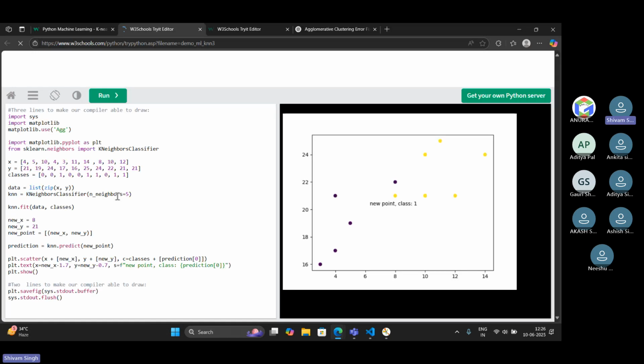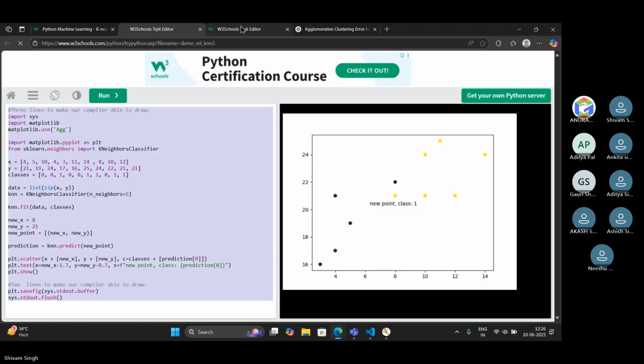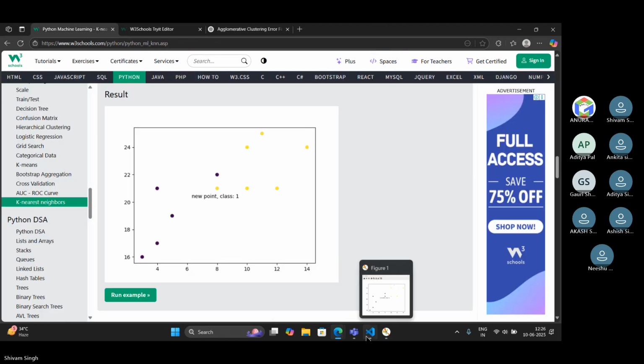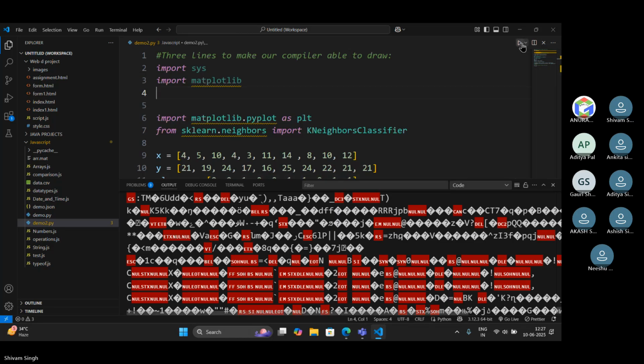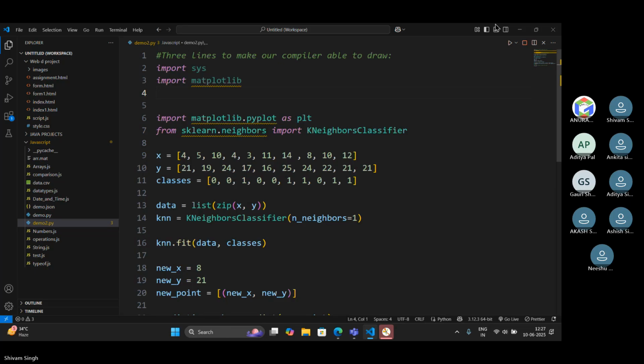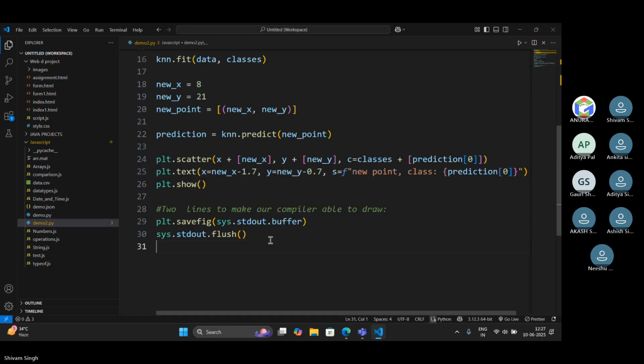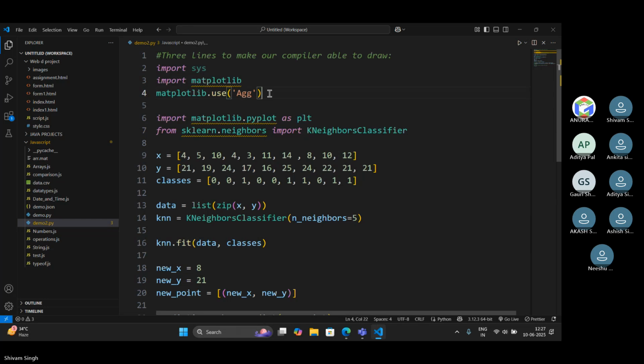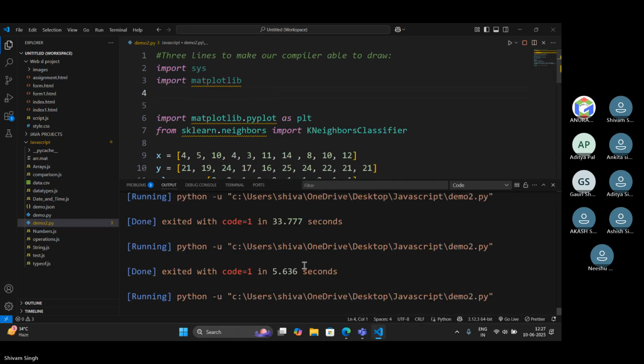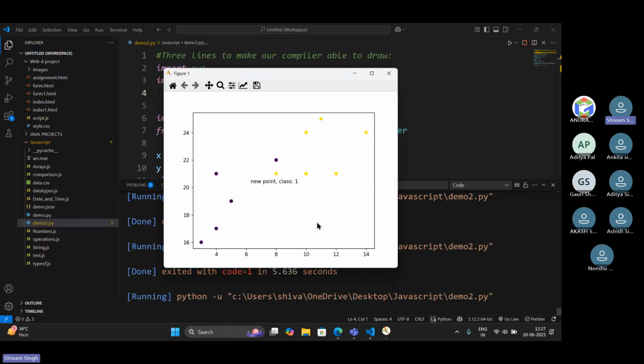Let's run this example. So you can see the output here, new point where class is equal to 1.